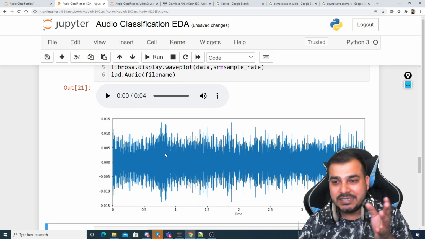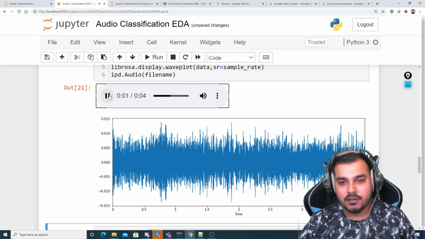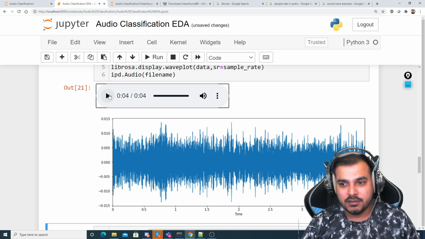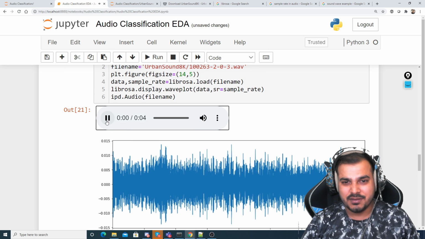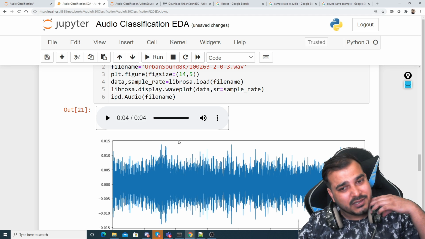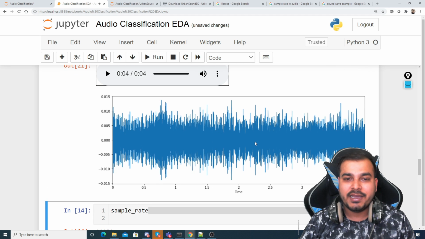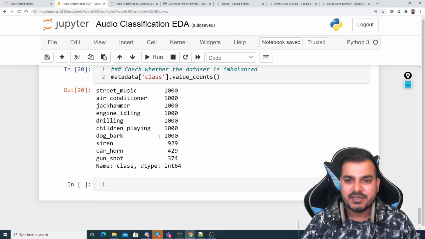Okay, this signal looks something like this. Now if I try to execute it, I think it is a normal sound, some children speaking, I guess. It's a simple normal sound. Yeah, many children speaking. So these are signals, and this is how the signal looks. These are the values with respect to time. The time basically says how long the audio is, somewhere around 4 seconds. That is the reason why we are seeing this. Like this, you can explore it.